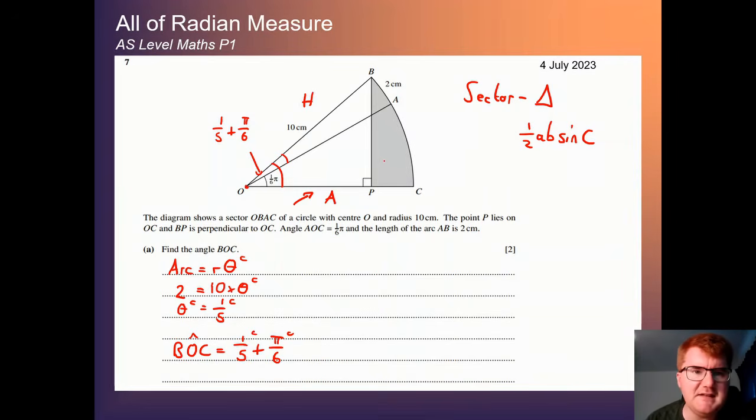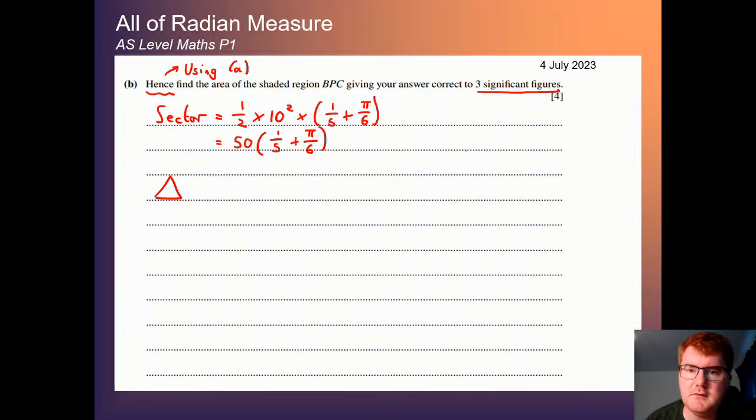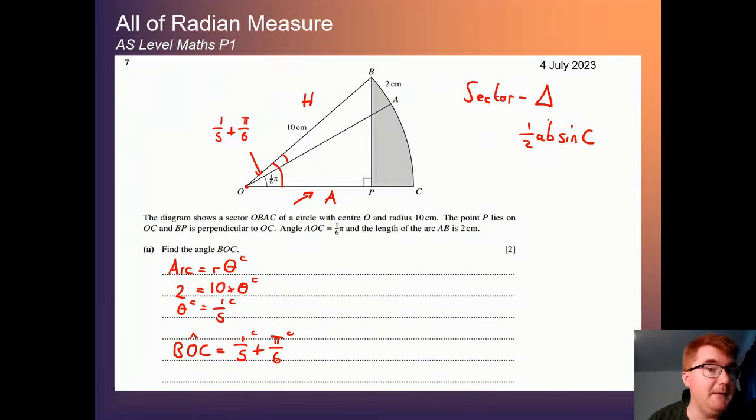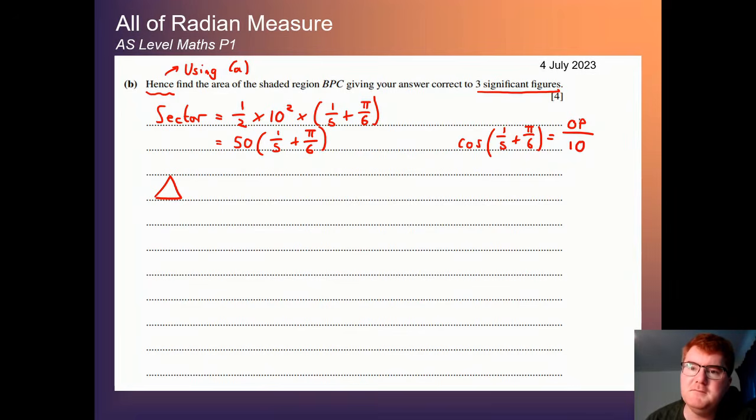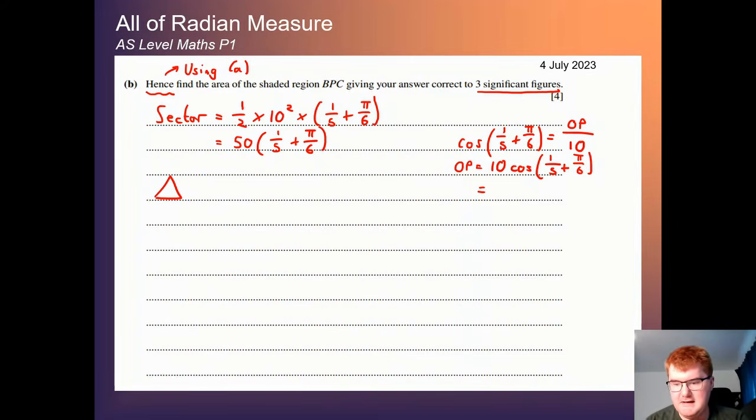Again, we have the adjacent and hypotenuse. So we can say that the cosine of the angle, which is this 1/5 plus pi over 6, is equal to the adjacent, which is what we're looking for, OP, divided by the hypotenuse, that's equal to 10. So times by 10 on both sides. This again gives us an expression, so let me just write that down here. And let's get a decimal approximation for this: 10 cos